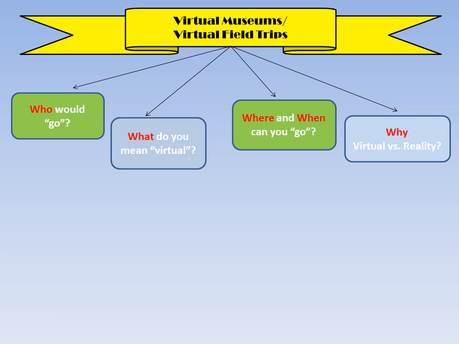In the second level, I want to put an answer to my who, what, where, when, and why questions. Who is going? Anyone at school that has access to the internet. I went with dark purple here because the red and blue shapes under this answer combined makes purple. What is virtual? I would provide a definition of virtual. I chose dark gray to represent the definition.